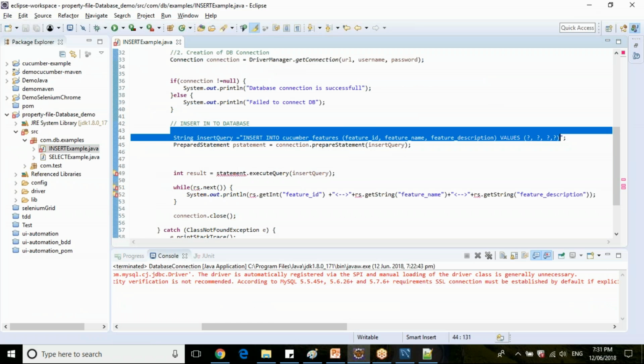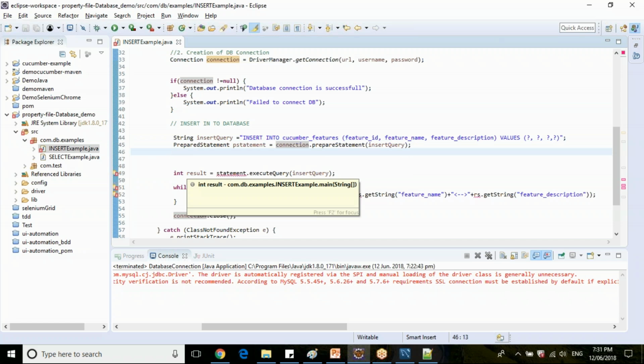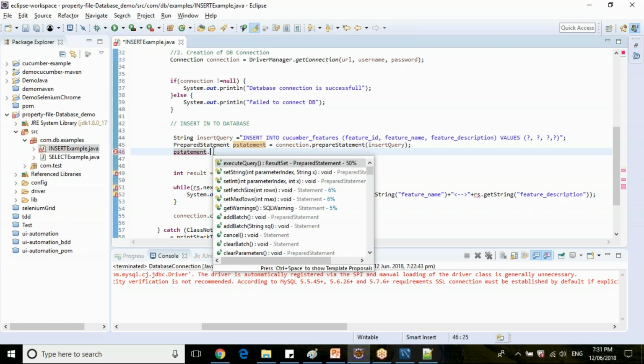So what your MySQL connector is doing is giving an interface, PreparedStatement. Hey, you just give the question marks in the query. Now you can prepare your question marks with the prepared statement. Now use this prepared statement instance variable dot set string.